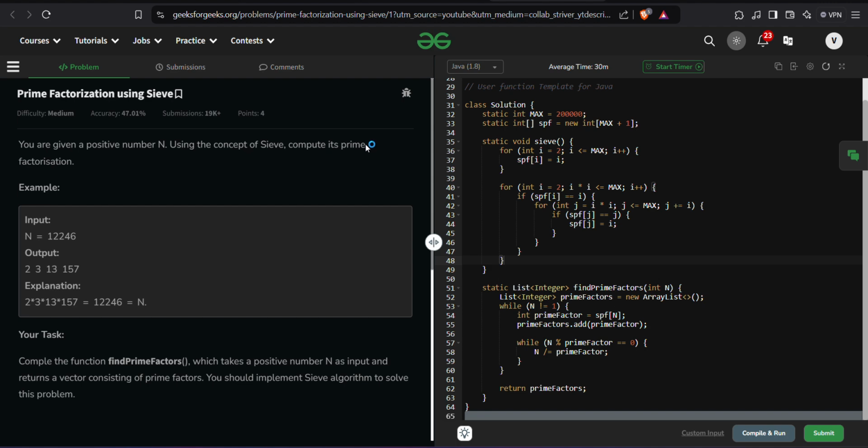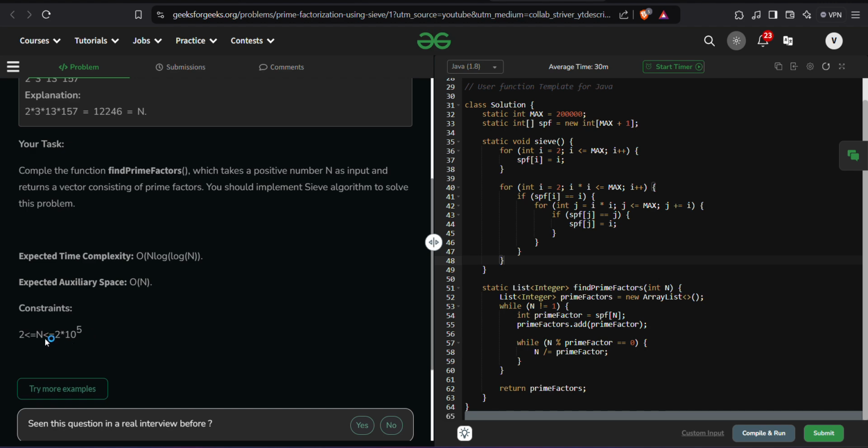First of all, we will declare an array, a boolean array, or you could consider an int array, of the maximum constraint that will be provided in the question. Here it is 2 into 10 raised to 5. So we have declared a global array for the class of size max plus 1. We will be marking the smallest prime factor that divides our number,